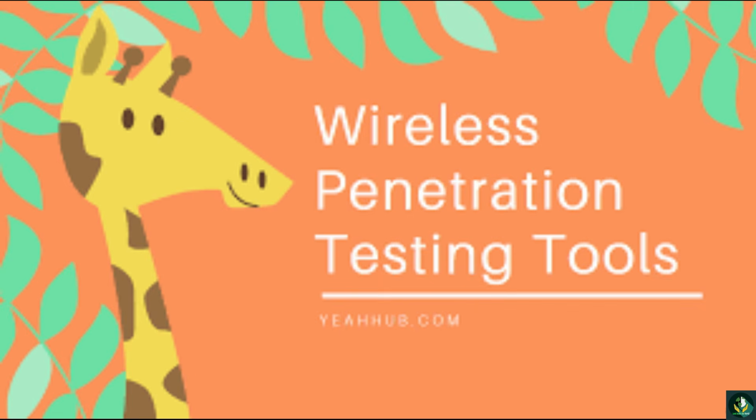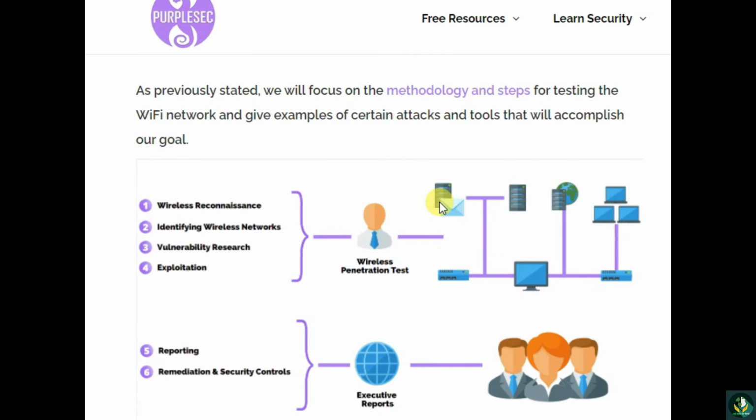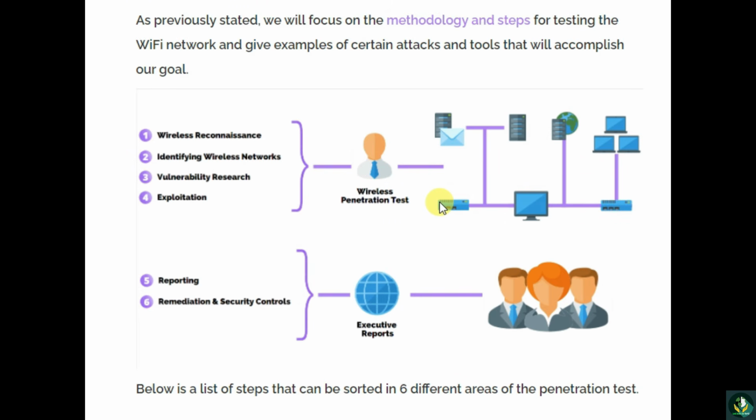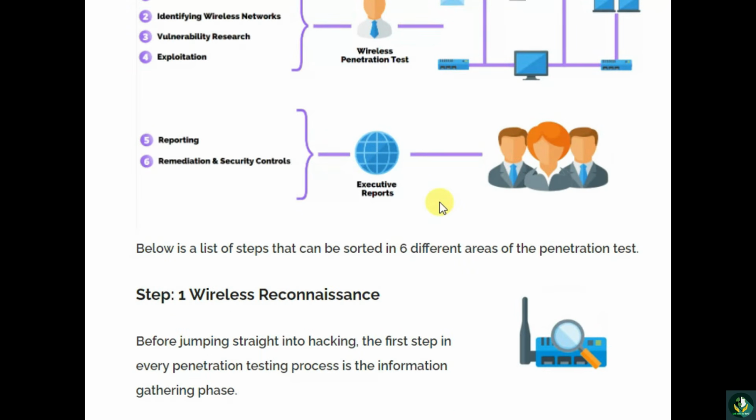So, as previously started, we will focus on the methodology and steps for testing the Wi-Fi network and give examples of certain attacks and tools that will accomplish our goal. Wireless reconnaissance, identifying wireless networks, vulnerability research, exploitation, and wireless penetration. This is for the wireless penetration test. Reporting, remediation and security controls, executive reports. Below, so step 1, wireless